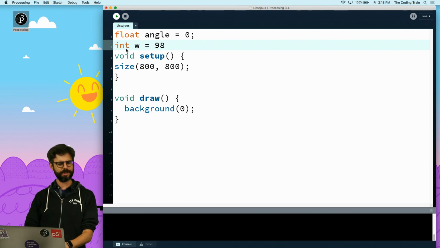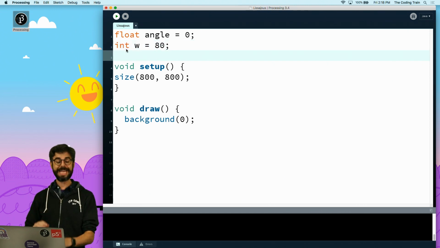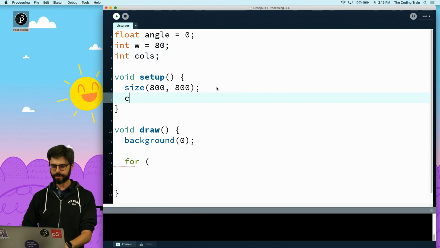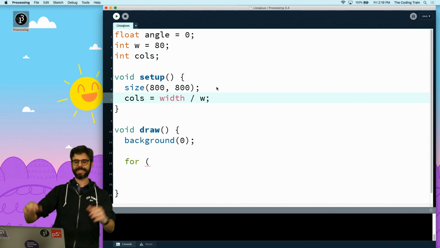So let's actually make that 80 pixels. I'm going to call that w and have that be 80. So it's going to be 10 by 10. And what I want to do now in draw is just say background 4. Oh, and then I need to know how many columns. So the number of columns is the width divided by the size of each box.